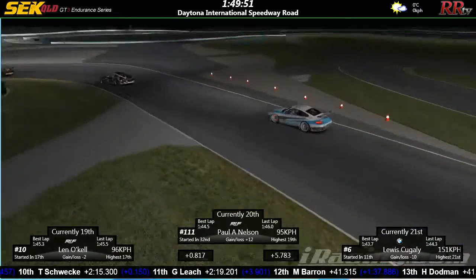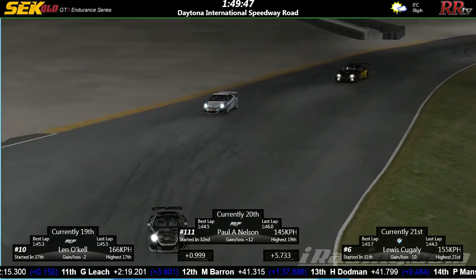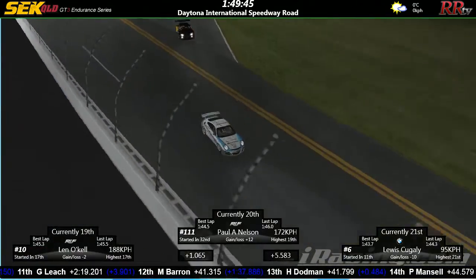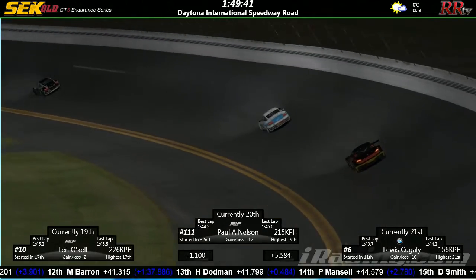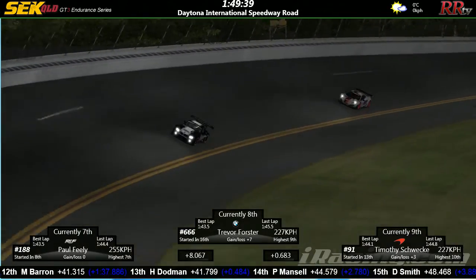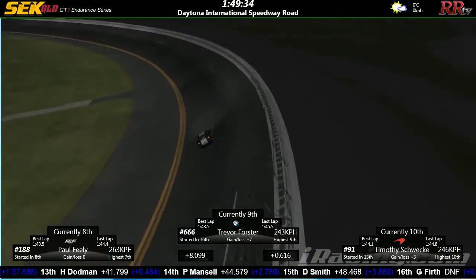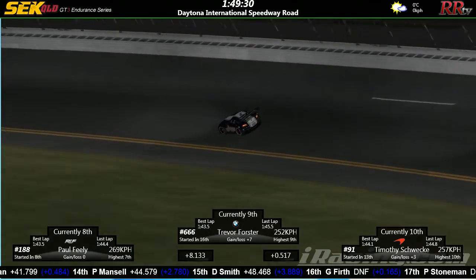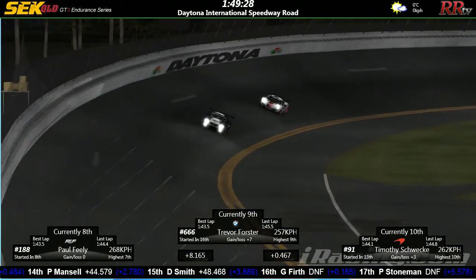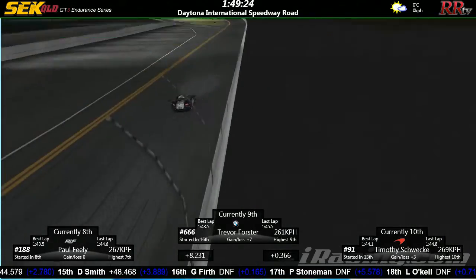Never said much about Trevor Foster either in the VPR. The 666 BMW is up into 9th place. Started in 16th place, so solid first stint by him, it has to be said. Fastest lap of 43.51 on lap 6. Just putting in some good hard solid laps, keeping the car clean. Bit of a gap in front of him, must be said, of 8 seconds up to the Southwest Racing Porsche